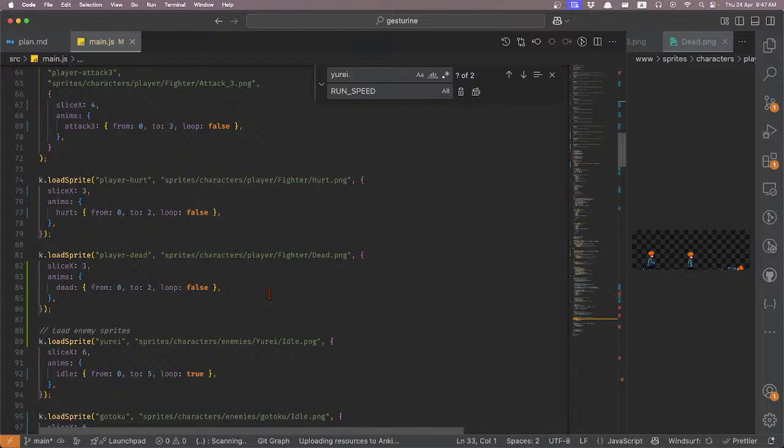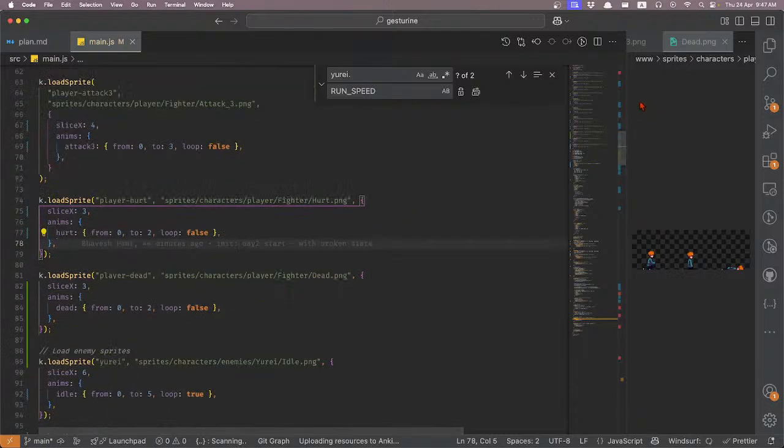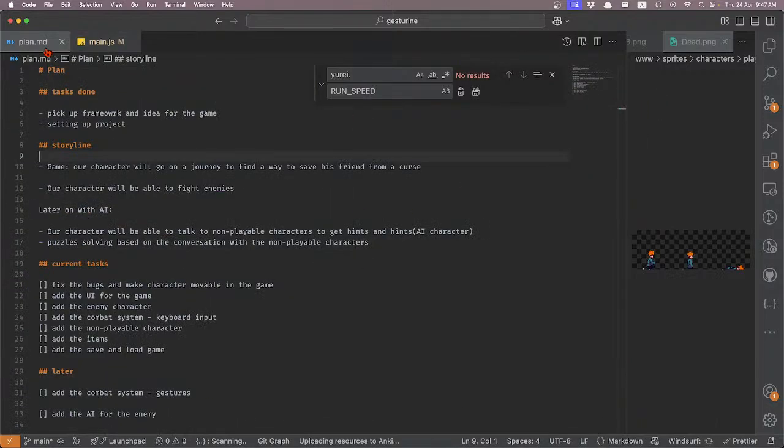We can like the gestures and then like say AI NPC players and stuff like that. So we try to stick to our agenda as much as possible. Okay, so moving ahead, let's try to